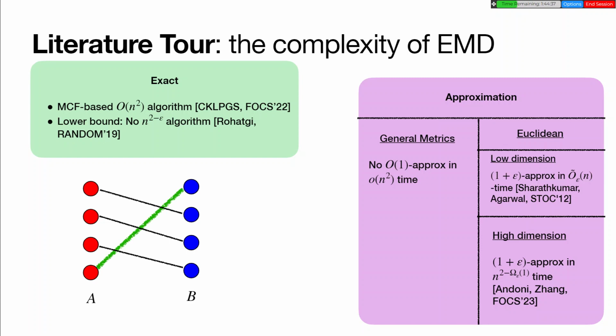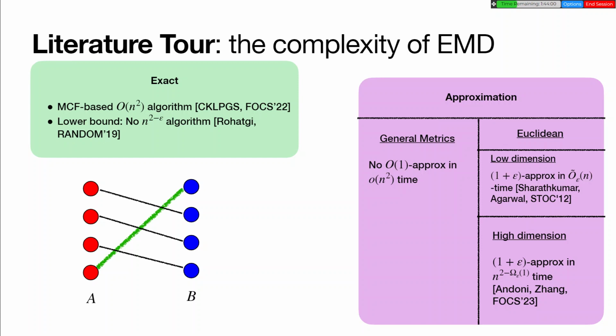So for general metrics, it's easy to see that no constant approximation can be achieved in strictly subquadratic time. Why? Imagine we have this metric space here on the left. Imagine for every pair of points, their distance is very large, extremely large. And then those points that are connected with a black line are closer,